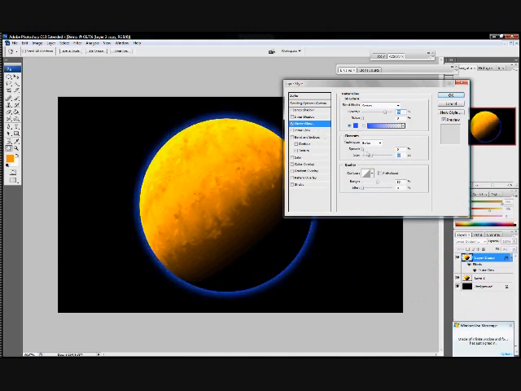And below that, the size of this. Blue doesn't really work with it, but who cares? This is just a tutorial. Make it 80 pixels big. Make the spread about 10%. Gives it a bit of thick atmosphere. Now once that's done,